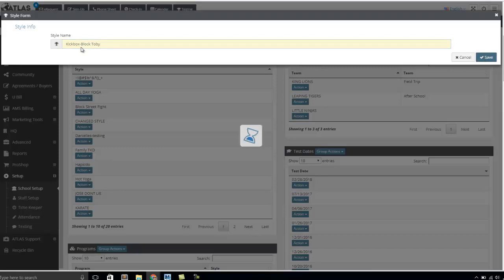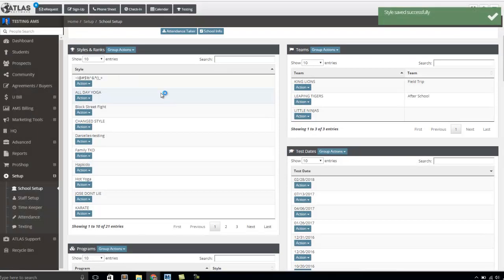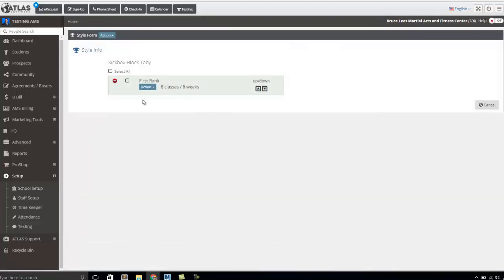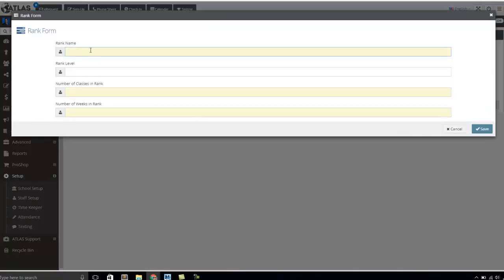So I'm going to set up my style called kickbox block Toby, and inside that style, let's go ahead and add some ranks. Here's my style. I'm going to edit the style, and I'm going to create a rank called first rank, and maybe I have more ranks in this style. Let's go ahead and add a belt, and let's call this second rank.